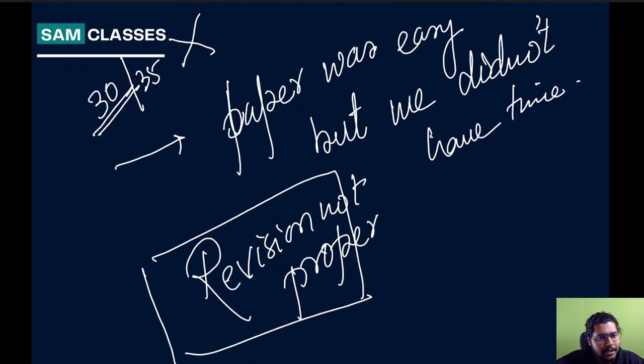He was there in Samclasses. And for the whole 1 year, he was into a lot of drinking, playing cards, playing video games. In our time, Counter-Strike was there. Going to the cafe, and in Kota, every 10 houses you will have a cafe and a mess, that is very common. So he used to just sit for hours in the cafe, watch a movie or play a CSGO match. So he wasted a lot of time.